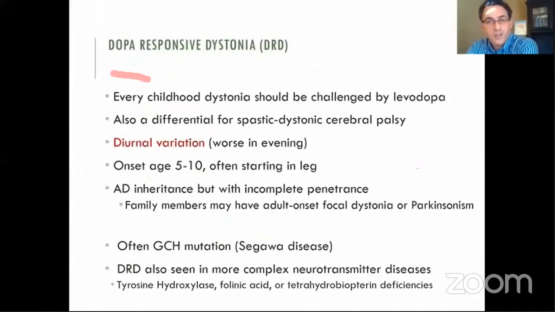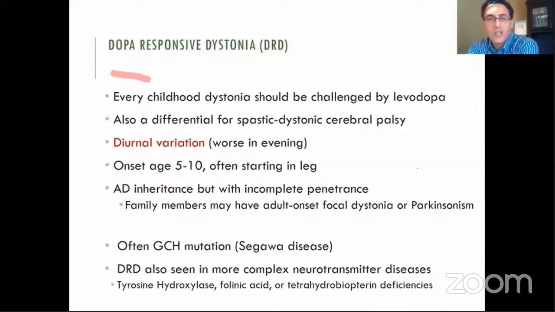A couple of entities of note when we think about dystonia in childhood include dopa-responsive dystonia. So every childhood dystonia should be challenged by levodopa, because there are some that will respond very well to the levodopa. This is also differential for spastic dystonic cerebral palsy. And some of these patients that have been misdiagnosed during childhood may be diagnosed during adulthood after they're challenged by